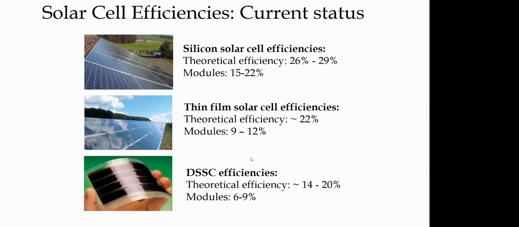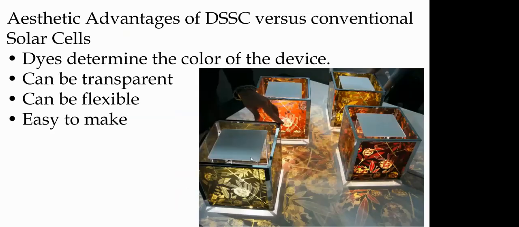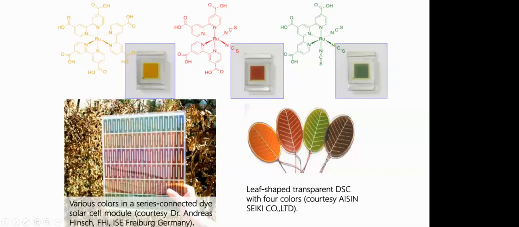These are some of the examples of how people have integrated them, from a company in Australia, to give an aesthetic look using similar kinds of cells. They are easy to make, can integrate colors, can be transparent, and can be flexible to integrate into body clothes, and easy to fabricate, right? These are some of the examples where people have shown different kinds of solar cells. People have even made leaf-like solar cells. You can use them to decorate your home as well, right?